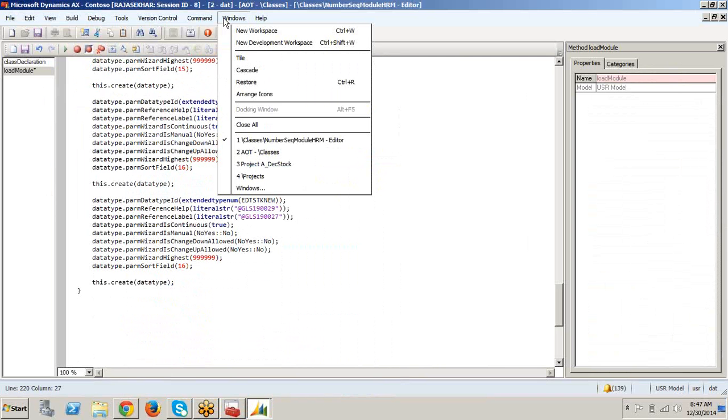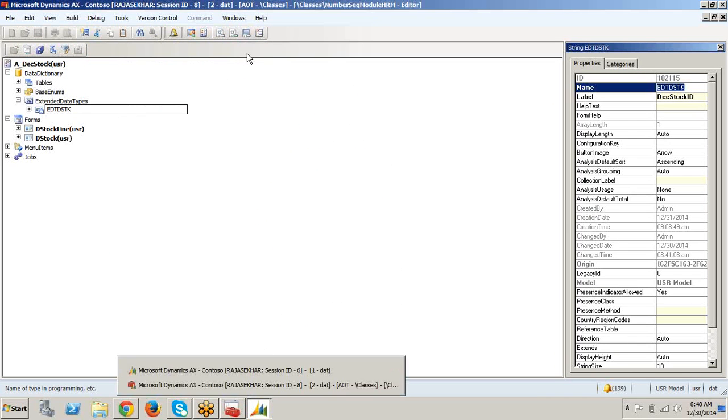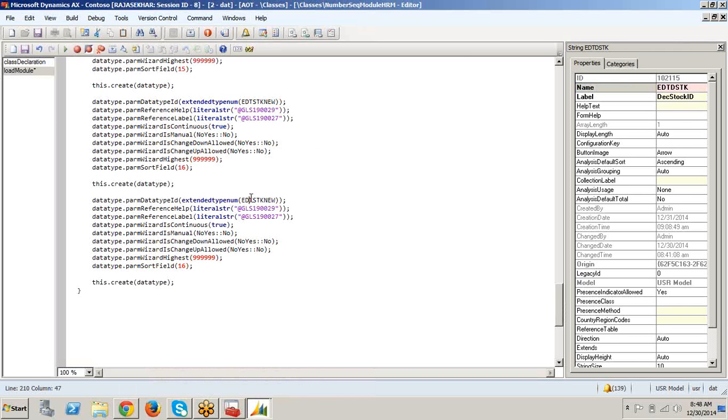Our EDT name is EDT DSTK. Copy this, paste it here, EDT DSTK, and here it is 16, here it is 15, here it is 16. Now make it 17.